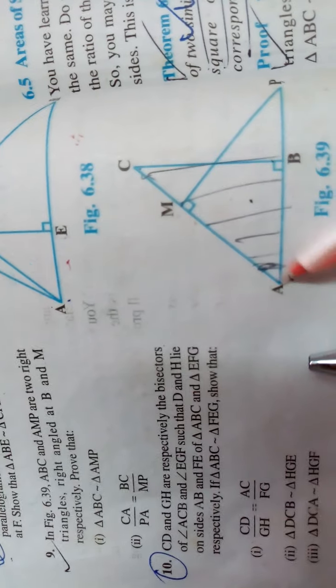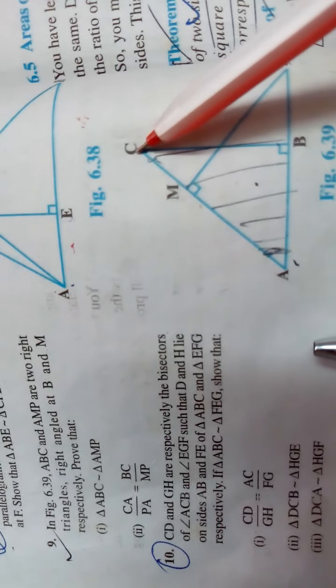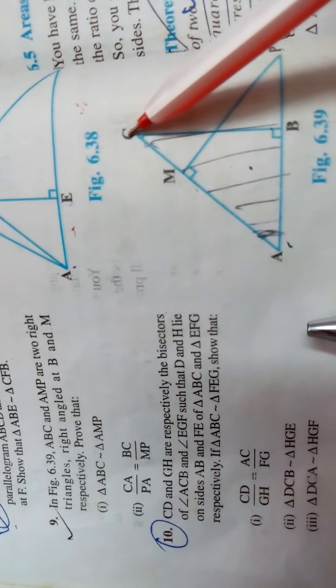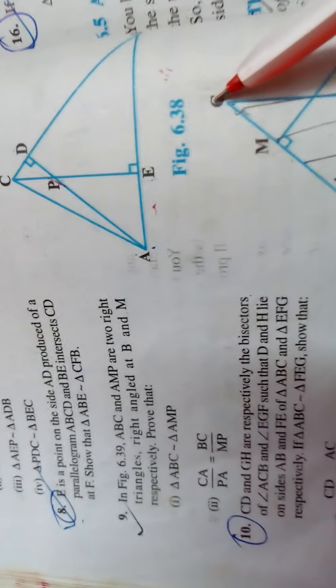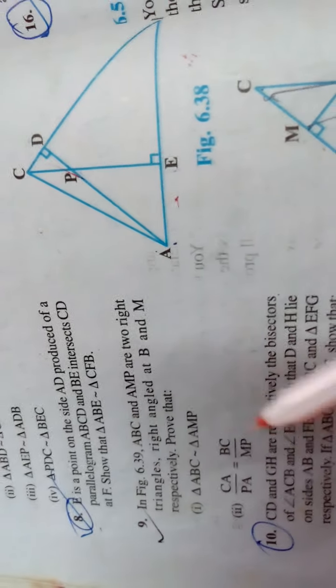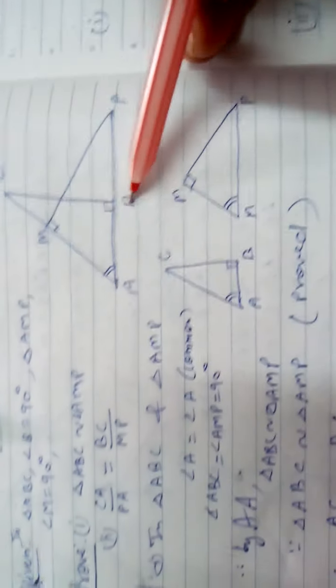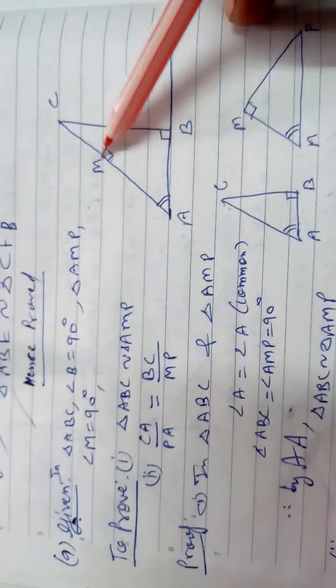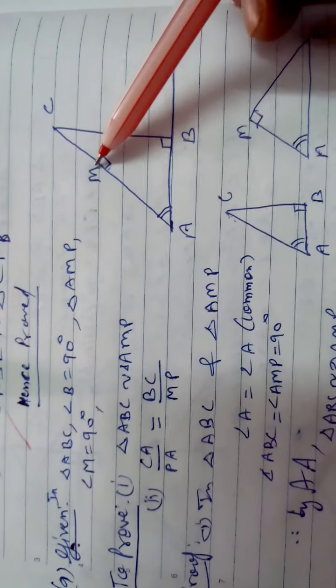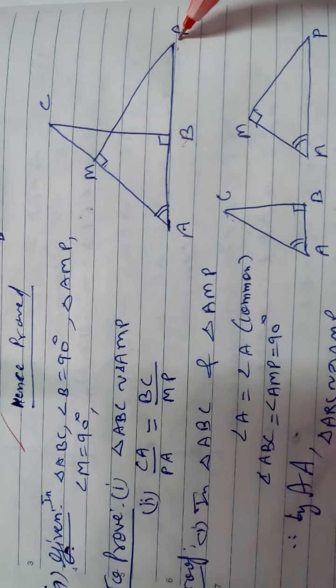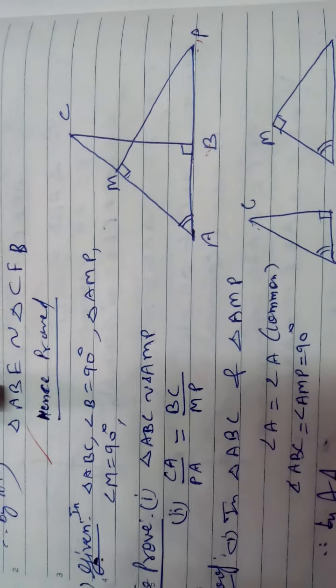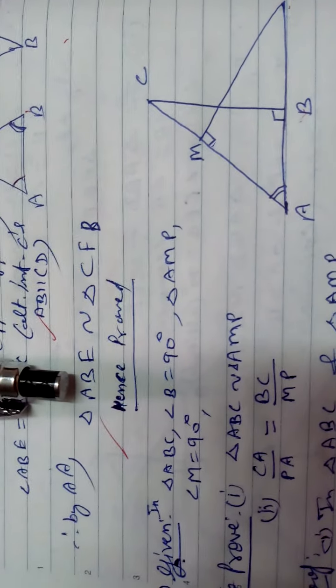Question number 9 is given. Figure is given here. 2 right triangles AMP and ABC. In the figure it is given. You want to prove these 2. So very easy. This is 90, this is 90. ABC 90 at B. AMP 90 at P. P lies on produced AB. You want to prove